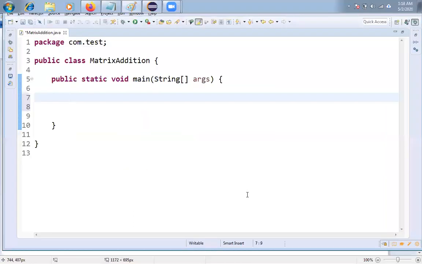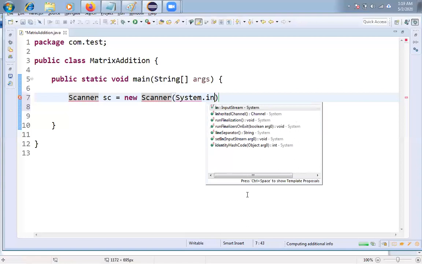Next, I am creating one Scanner class to get the values from the keyboard. Scanner with System.in, because I am trying to get the values from the keyboard, friends. That is the reason I am giving System.in.